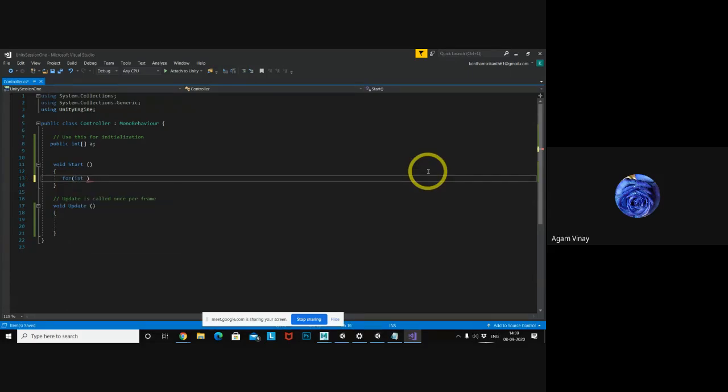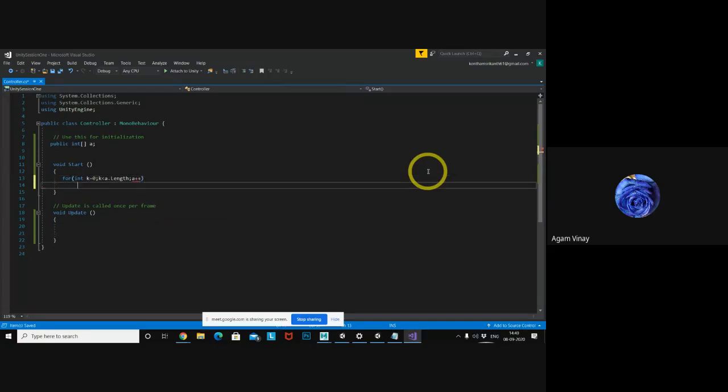I want to start from k equal to 0, and the length should be not more than the array length. So this is a dot length, a is the array, and dot length means its size. It will check up to whatever the array size is.